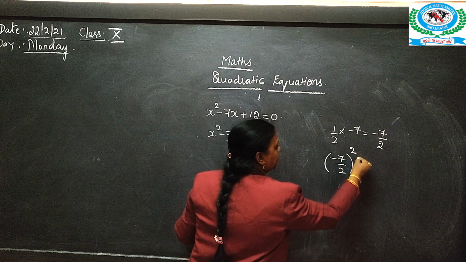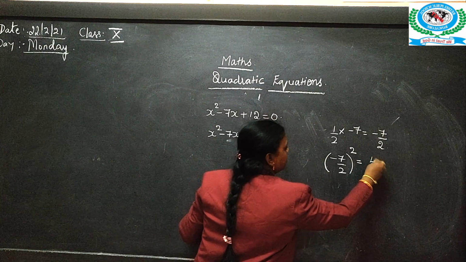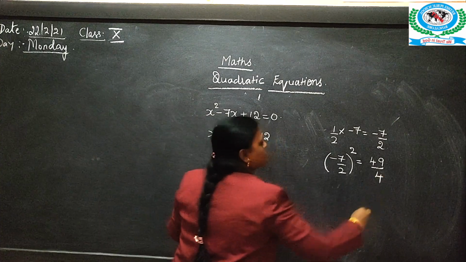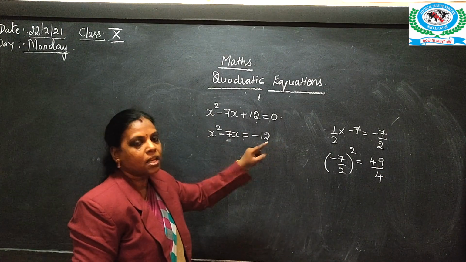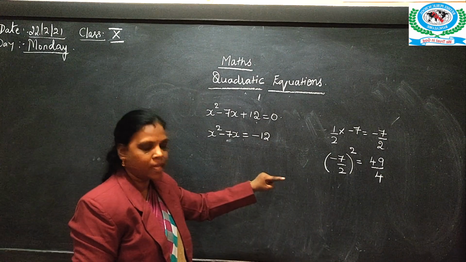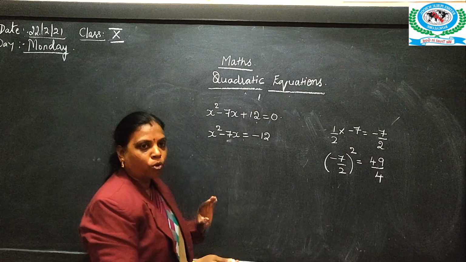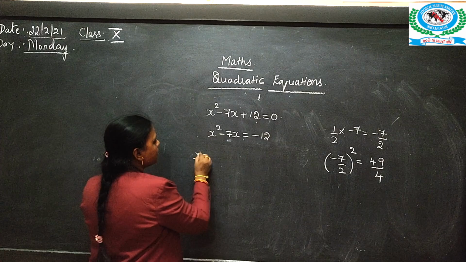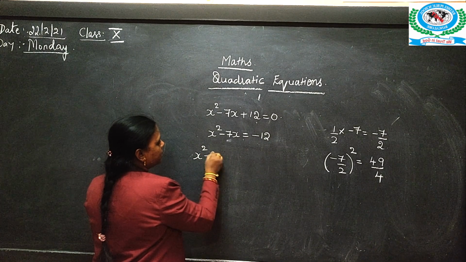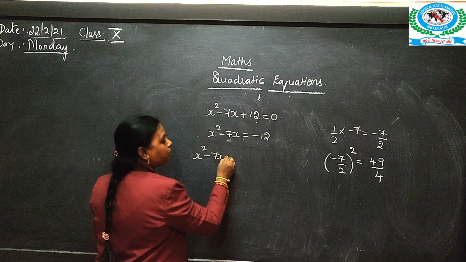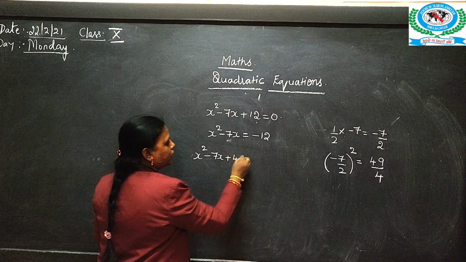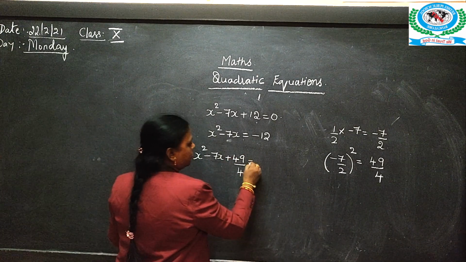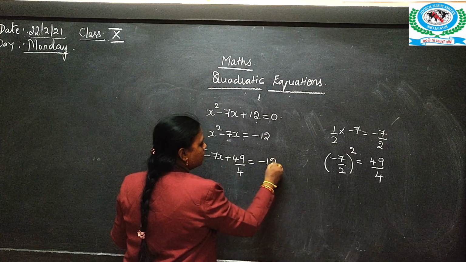So when you are squaring, sign will get changed. So it is 49 by 2 2s it is 4. So what we have done is half it, square it and add it to both LHS side as well as the RHS side. So it becomes x square minus 7x plus 49 by 4 which is equal to minus 12